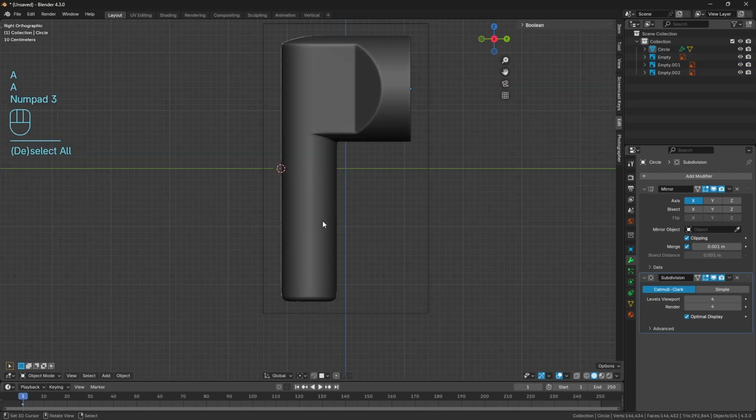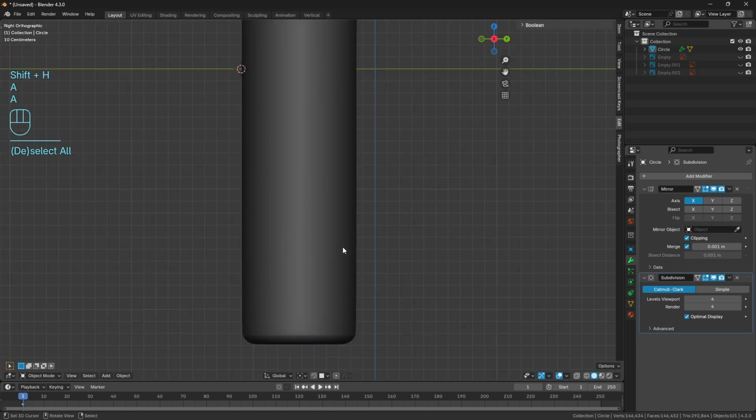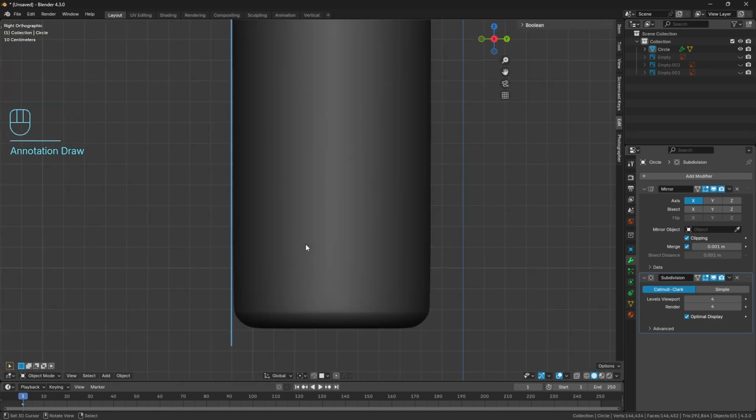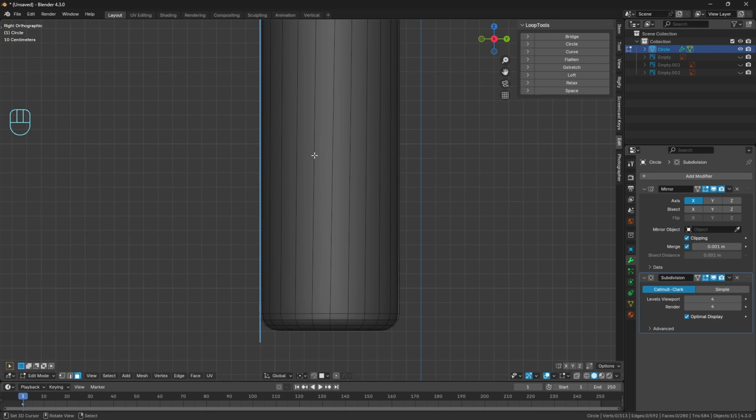There's just one problem. If you look at the front here, I'm going to isolate this with Shift H. If you look at the front here, it's not exactly a straight line running down here. Might be a bit hard to see. Yeah, here we go. Notice how it tapers off at the end here. It's just because there's not enough topology. This is a massive face here. So if we want to make this straight, what we'll do is Control R,